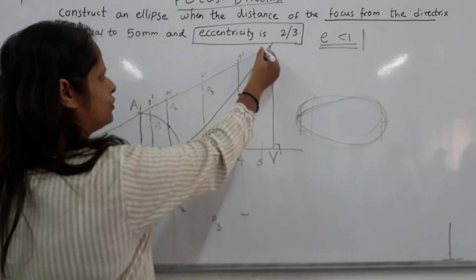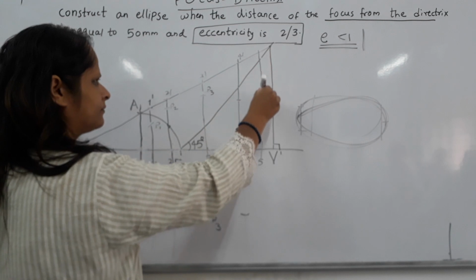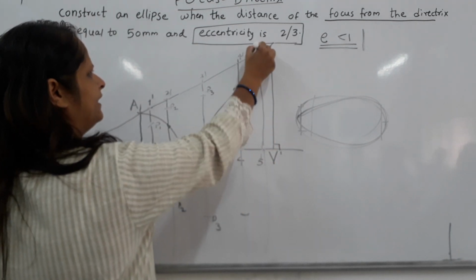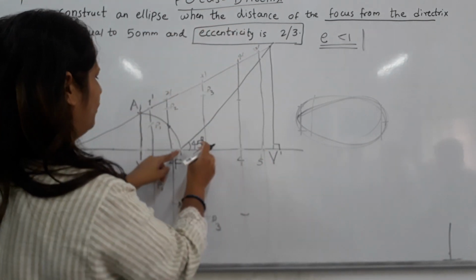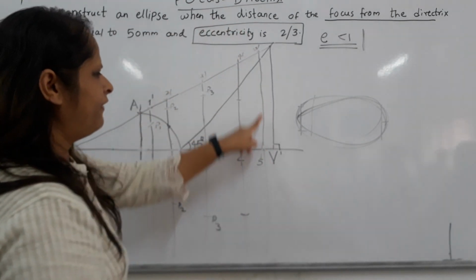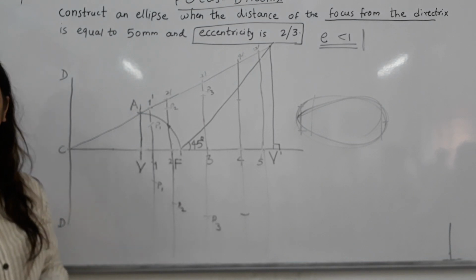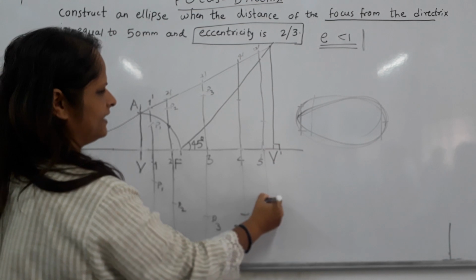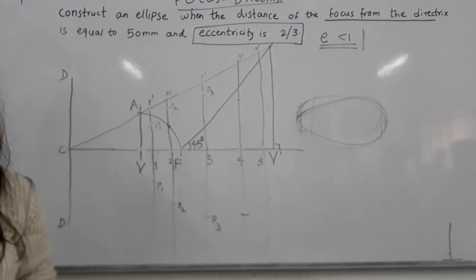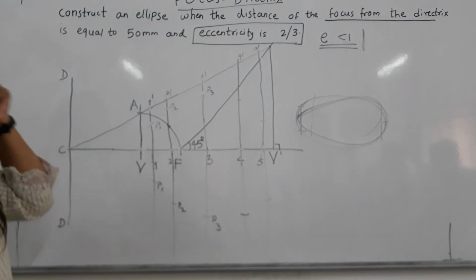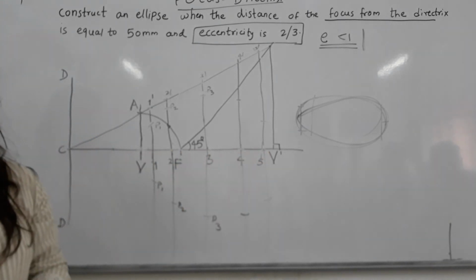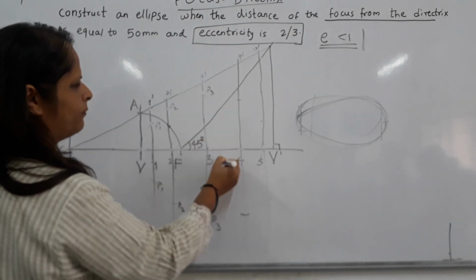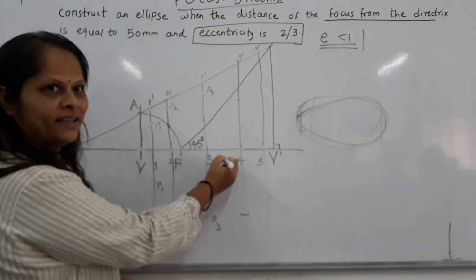Now from 5 also we will draw a vertical line. Now you take the distance equal to 5 to 5 dash in the rounder and keep the rounder on F and you cut the arc. This line of 5 should match with which point? P1. Very good. It should come here, only then our curve will come out good. Is that clear to everyone? If you take even number of points, then like this P3, you will get one more point here. Do you understand?